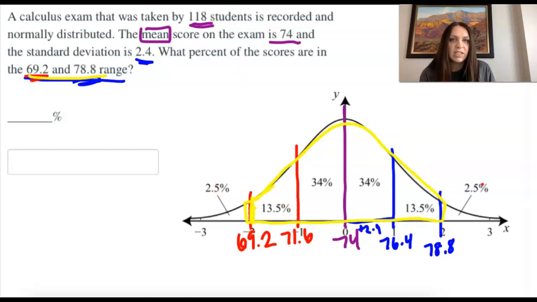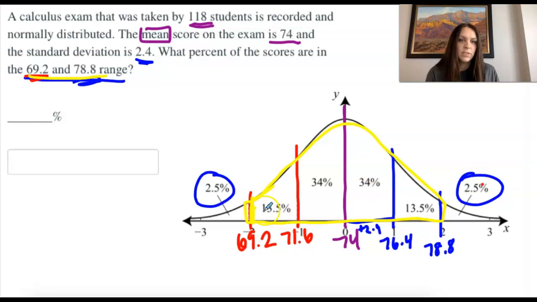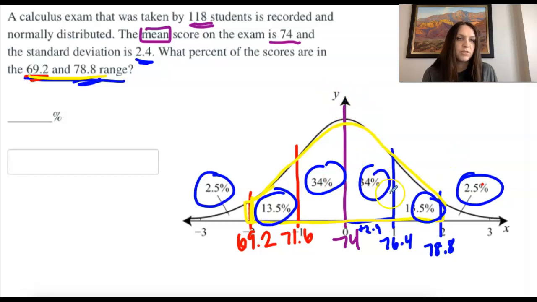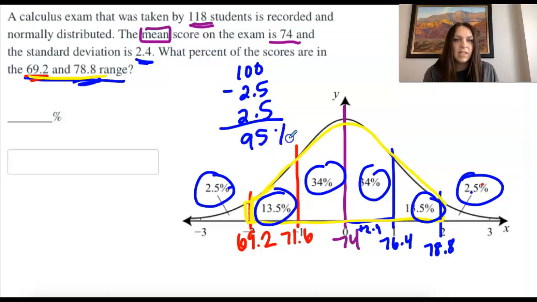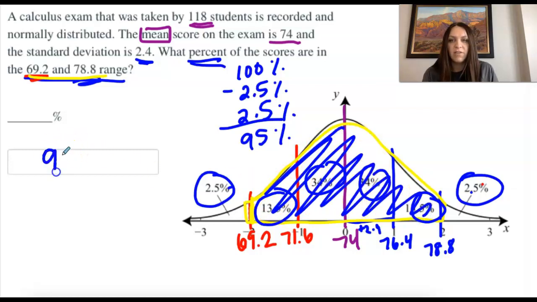So everything except the 2.5 and the 2.5. So you can add all of these up, but remember all of these add to 100. So I'm going to take 100 minus the 2.5s that are here, which is 95. And that's it. It's asking us to find the percent of scores in that range. So this range is 95%. It's not asking how many actual students on this one. So make sure you